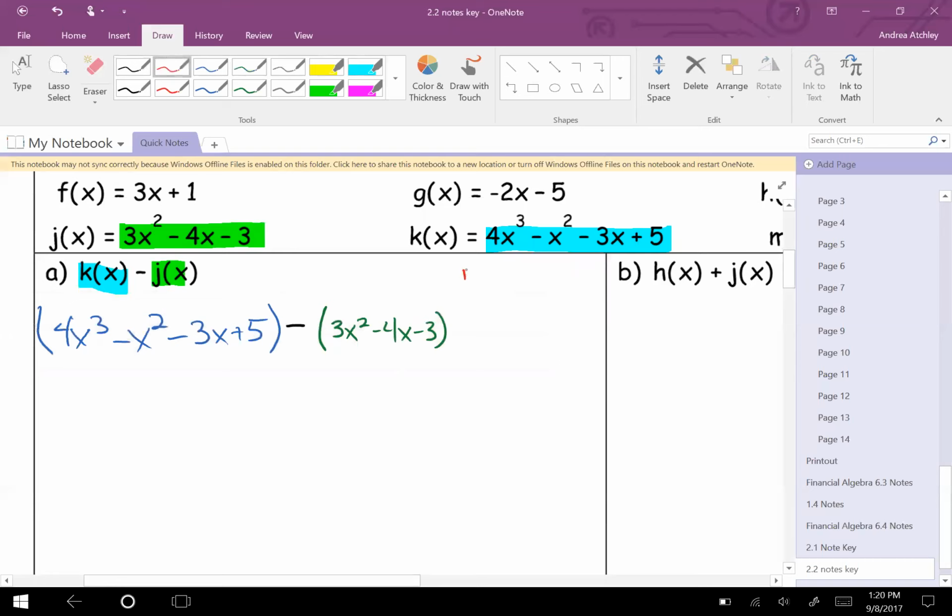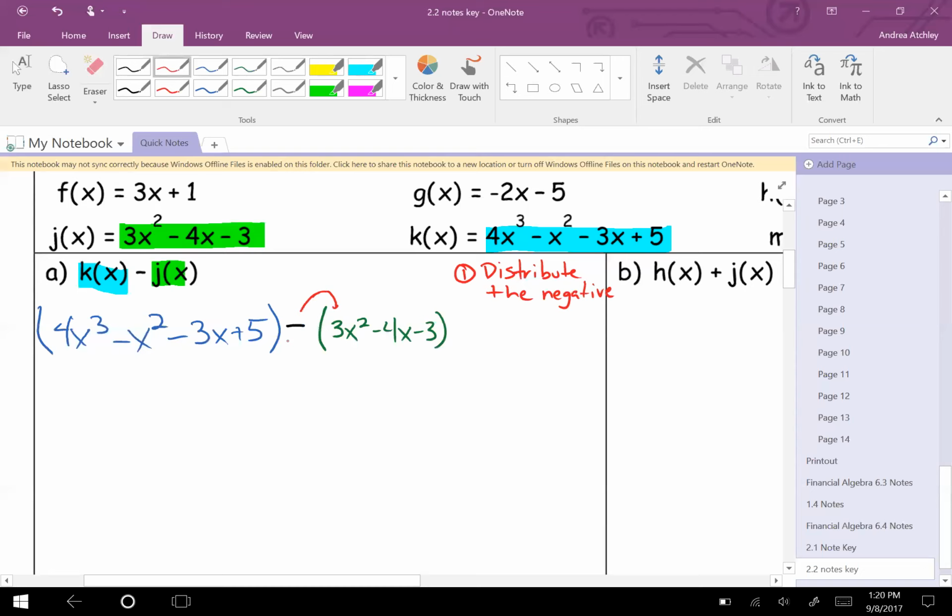Okay, the first thing we need to do is distribute the negative. Since we're subtracting, we can just distribute a negative, make our life a little bit easier so we don't get